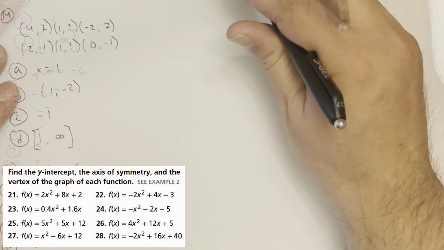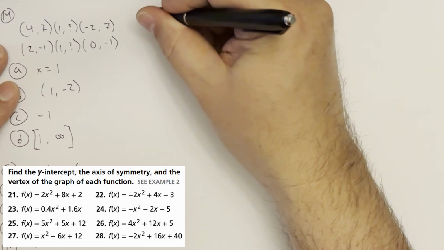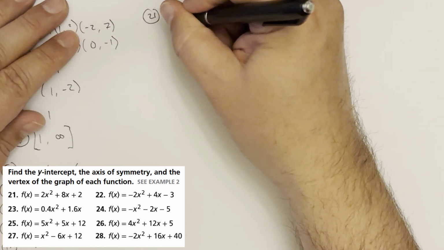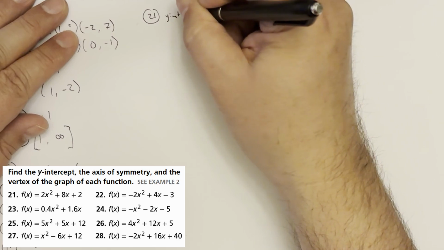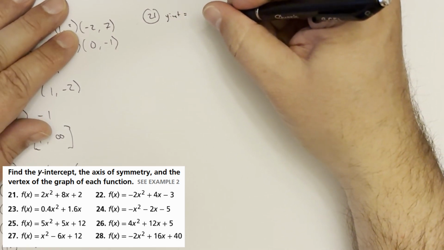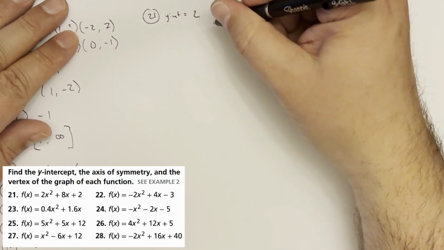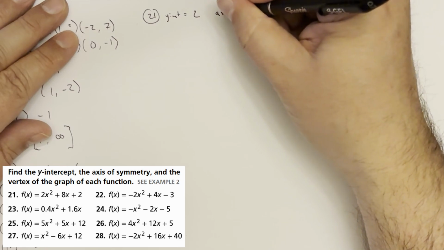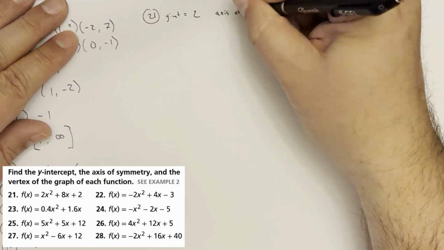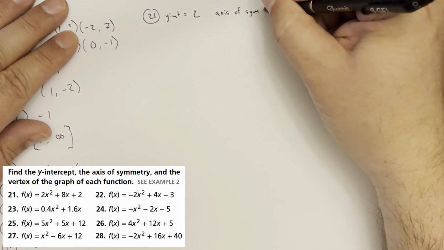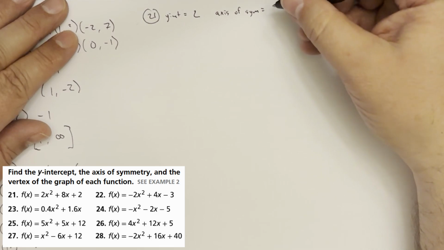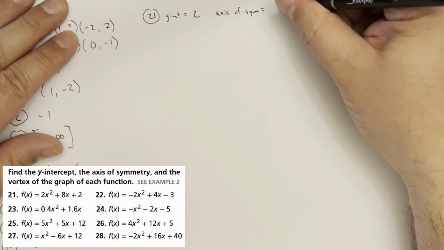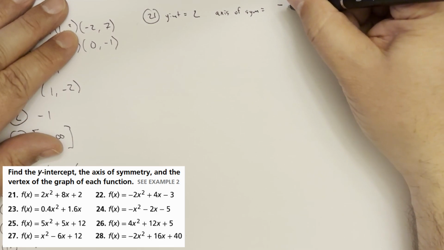So now we need the y-intercept, axis of symmetry, and the vertex of the graph of each function. Y-intercept is still super easy. It's just the C value. So 2. Axis of symmetry, we use that -b over 2a. So -8 over 2 times 2. And 2 times 2 is 4. So -8